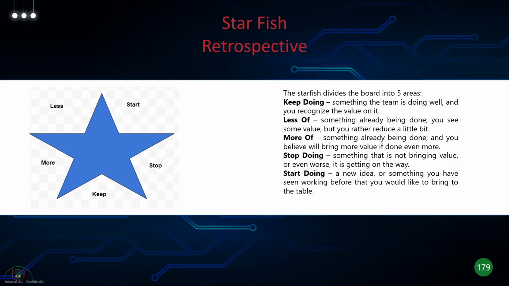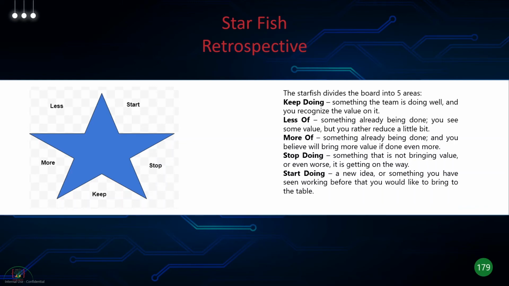If a team is doing something well, you recognize it, you put a value to it, you keep doing that, right? And then less of something that's already been done. You see that there's some value to it, but you don't think it's going to have much value going further. You want to reduce it a little bit. So basically, you put that in the less of column. Something you want to see more of, something that's already been done, but you feel that it's going to bring more value to the team or to the process, so you want to do more of it,